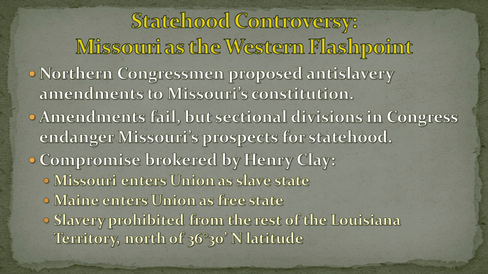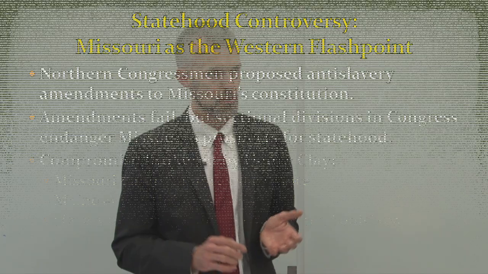In addition, and here is the real point of the Missouri Compromise, Congress declared that slavery would be prohibited from any future states created from the Louisiana Purchase to the north of Missouri's southern border, or 36 degrees 30 minutes north latitude. And so everything to the north of that, except for Missouri, would be free soil. As the West would become settled, the state of Missouri would be surrounded. It would stick up like a thumb, surrounded by free states to its east, Illinois to the north, and then eventually to the west.